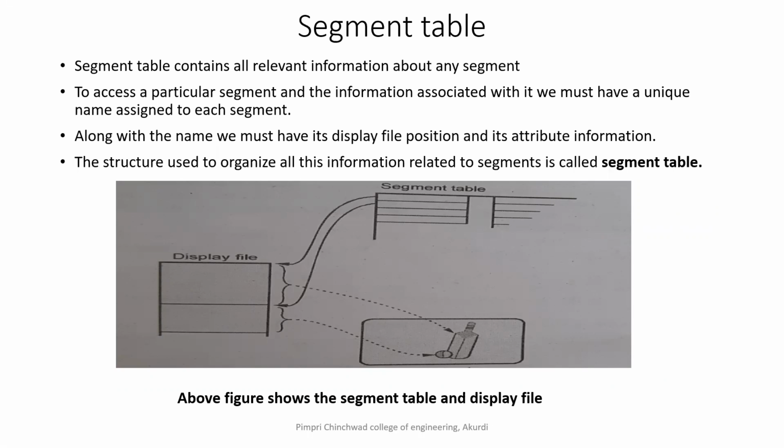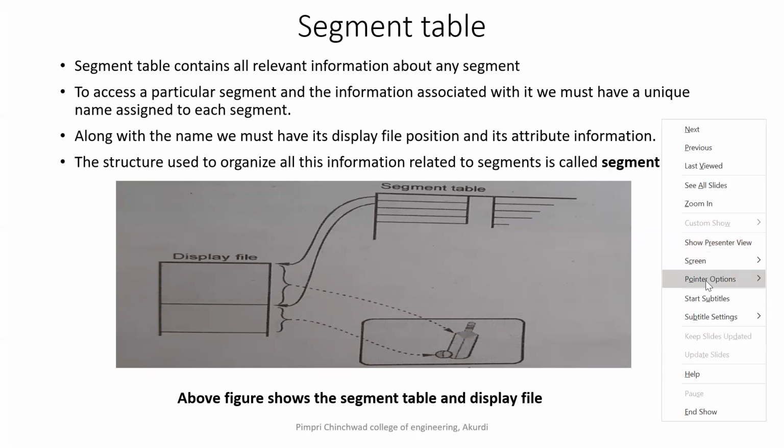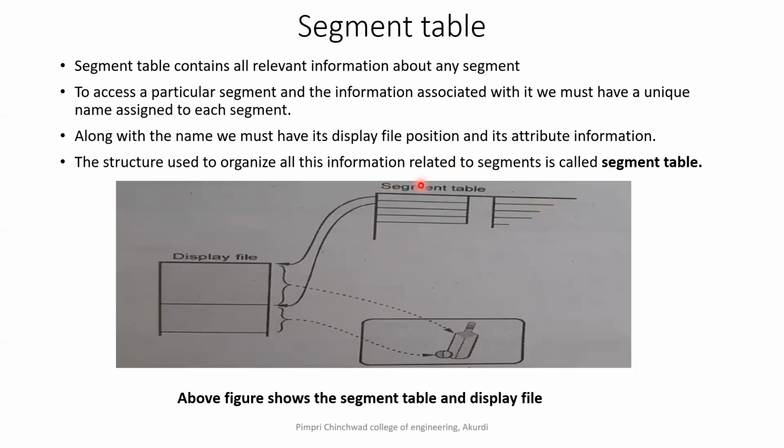Now, say for example, yeah, this is my segment table. The segment table contains the information of the location of the display file portion which goes to the first segment, that is stored here. The actual image is stored here in object space. Then the display file contains the information of this one, and in the segment table we are having the information as per different segments, and we are storing the locations of the display file as per segments as well.